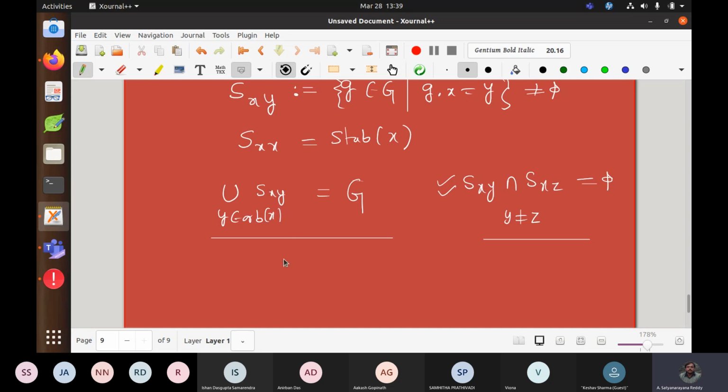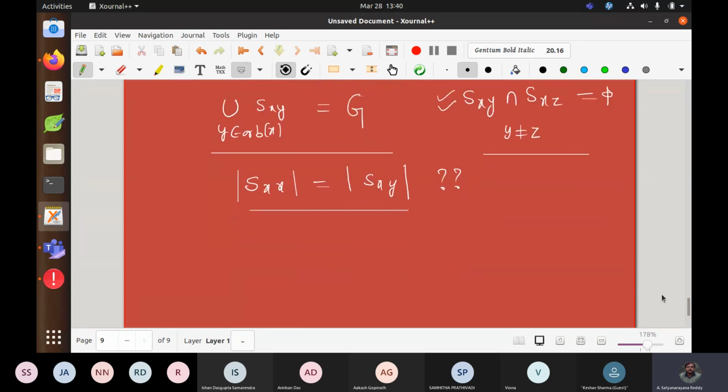Okay, that is one thing. So now what is the next thing you can say further? Anirban knows actually. Go ahead, Anirban. Coset-like partition. Yeah, cosets. Actually, these are Sx and Sxy; they are in bijection, so cardinalities are equal. That we need to check again. And these are actually cosets of Sxx. I am just leaving it like that.